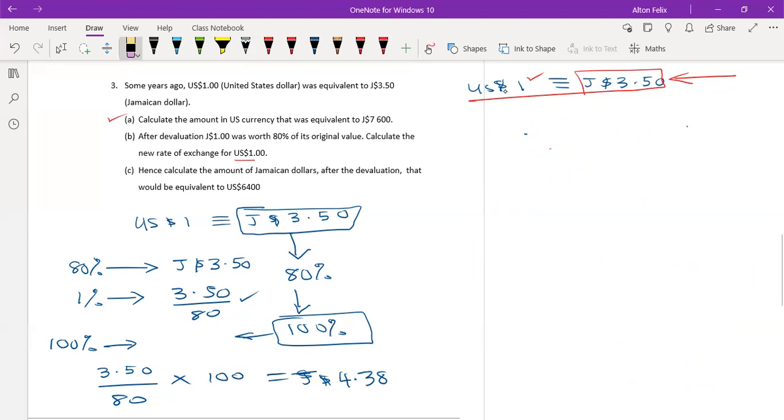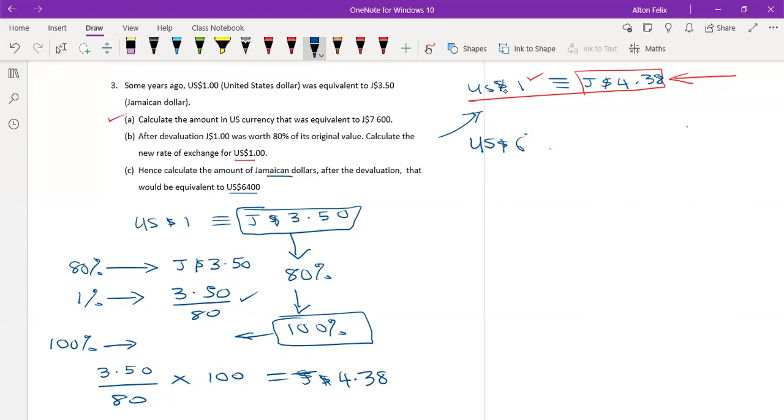So the new rate here is 1 US is equivalent now to Jamaican $4.38. We are asked, what will be the amount of Jamaican dollars after devaluation that would be equivalent to US $6,400? So we already have the setup here for the unitary method. If 1 US is Jamaican 4.38, then